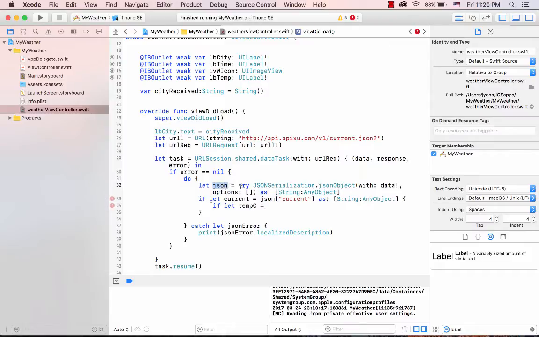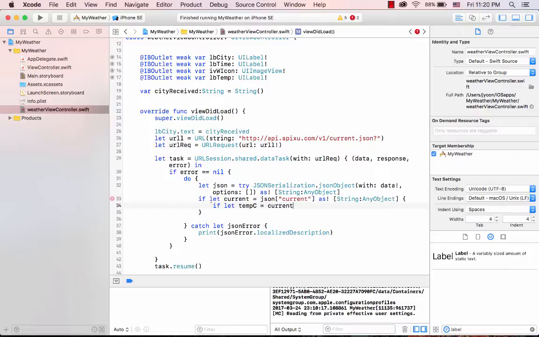Type of JSON is string colon any objects, which is a dictionary. So given the keyword, which is current, then it'll send me another dictionary. In the current, then we have temperature, current temperature, and current wind, and so on and so forth. So from current,